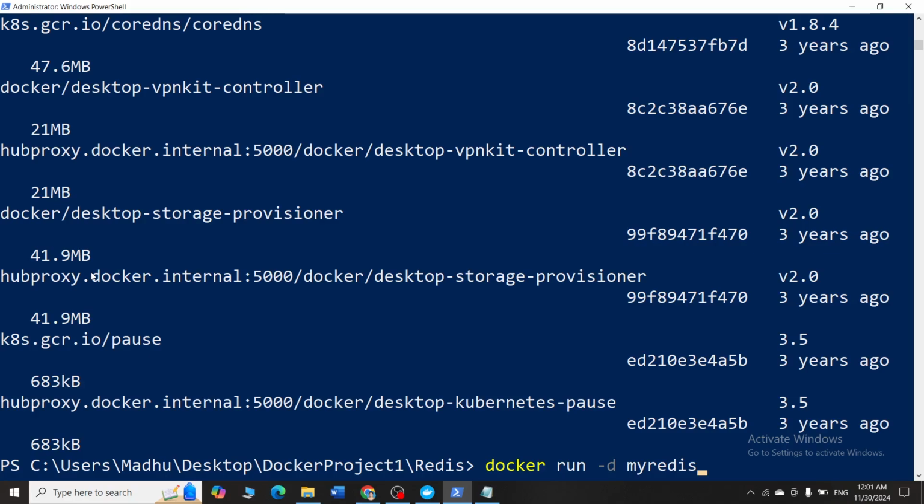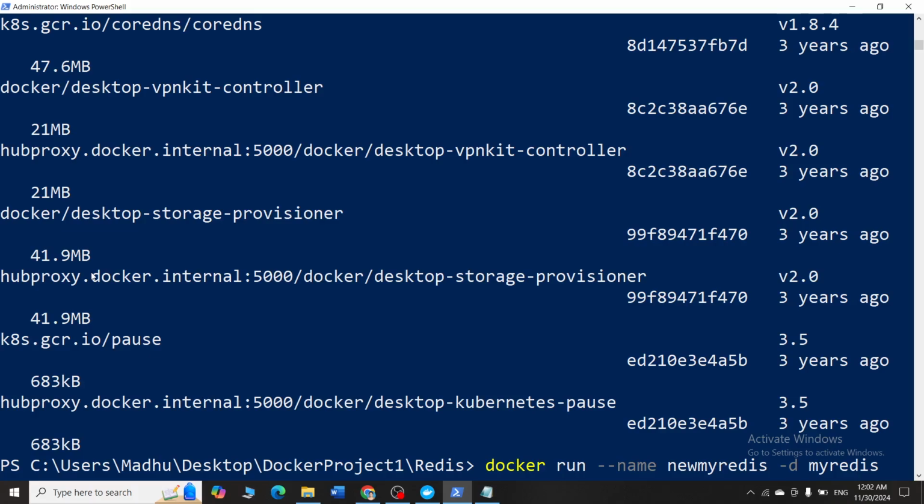Do you think this is enough? You can run it like this also, but what will happen? A new dummy name will be given to your container by Docker. So what you have to do after docker run is give --name, okay, and give a new name. Say suppose new my Redis is the name of my container.